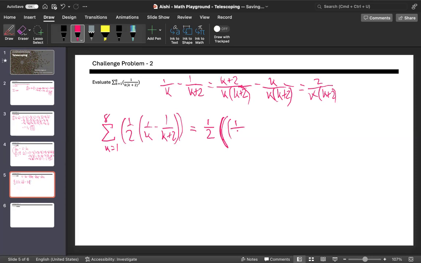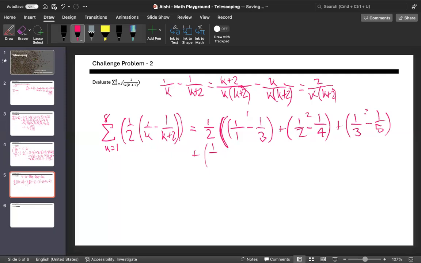half of this, so k is equal to 1, so 1 by 1 minus 1 by 3 plus our next value is 1 by 2 minus 1 by 4 plus 1 by 3 minus 1 by 5 plus 1 by 4 minus 1 by 6 plus 1 by 5 minus 1 by 7